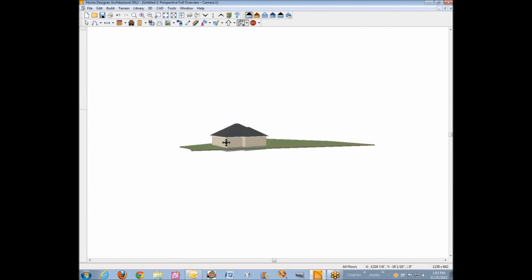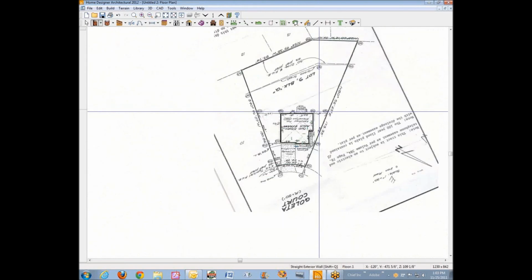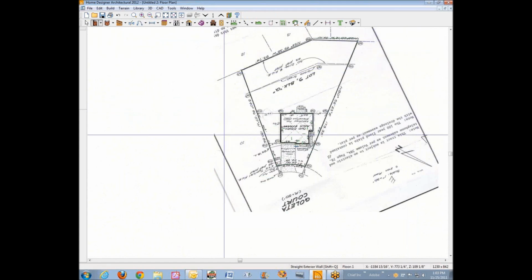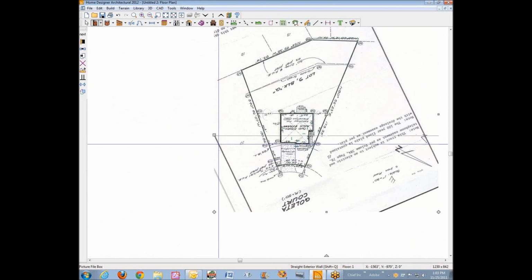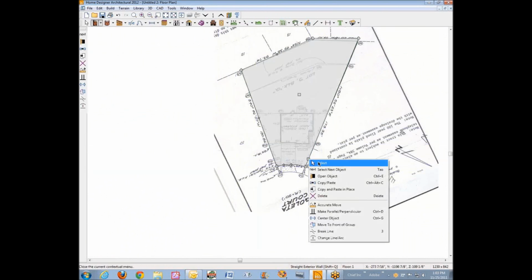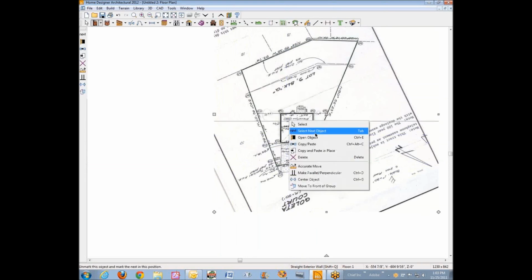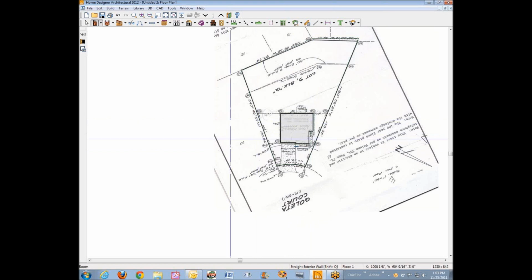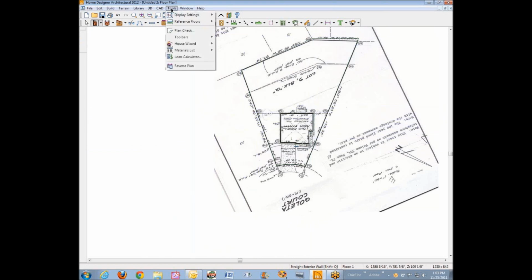Now the question was, how do I delete the image? Well, if it was me being an old hand, I would just select it and then delete it. And select it and delete it away from stuff, where I know the terrain plane's over here, and I know the house and roofs and stuff are over in this area. See, there's a house. But if you wanted to really be careful, you go to Tools, Display Settings, Display Options,